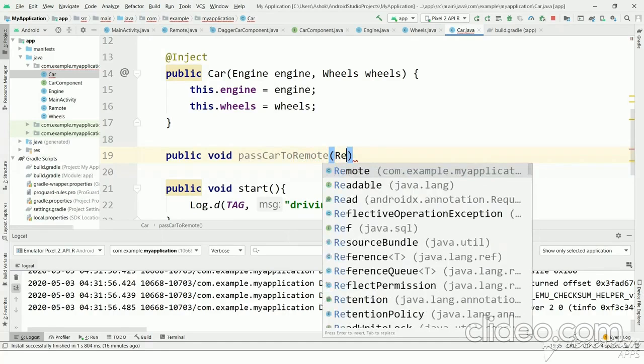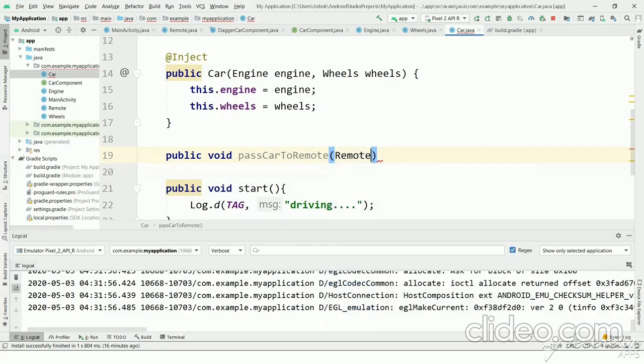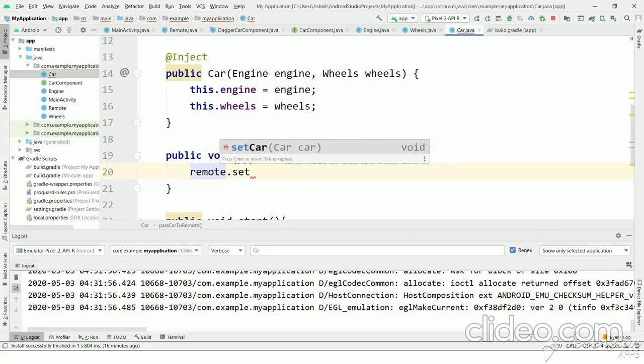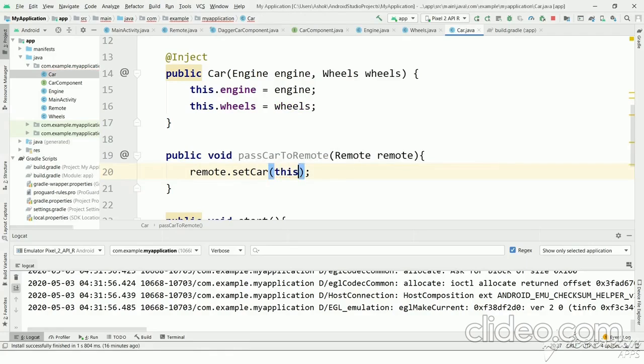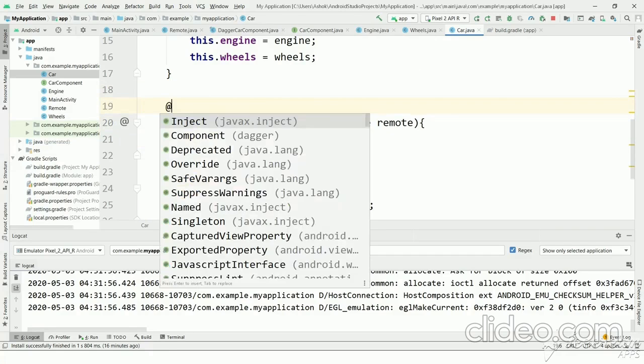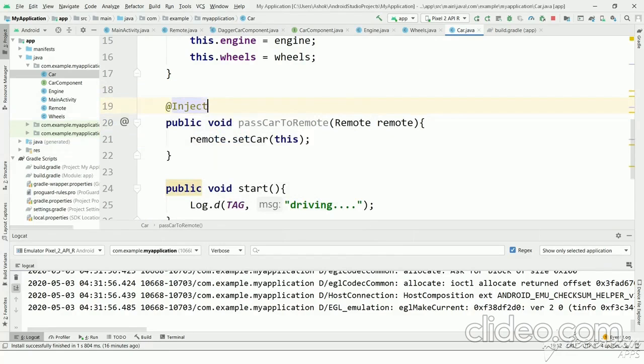and we will take remote and call remote dot set car as this. So the method dependency injection will have an inject annotation on this.